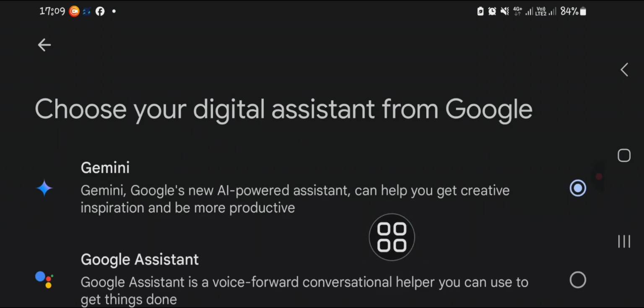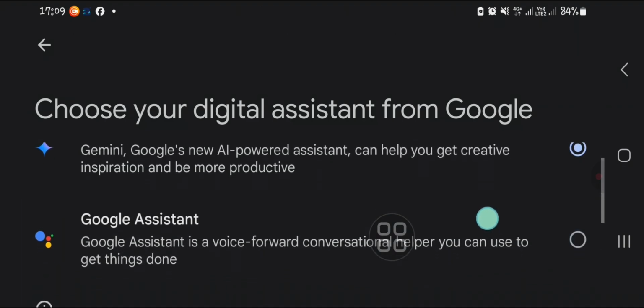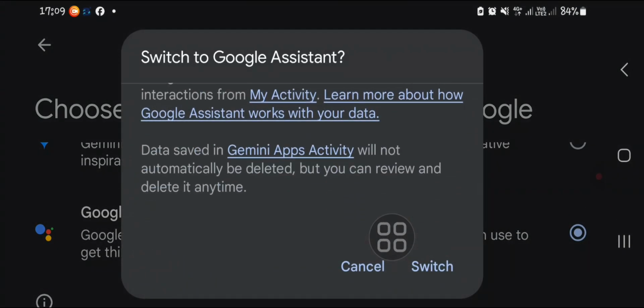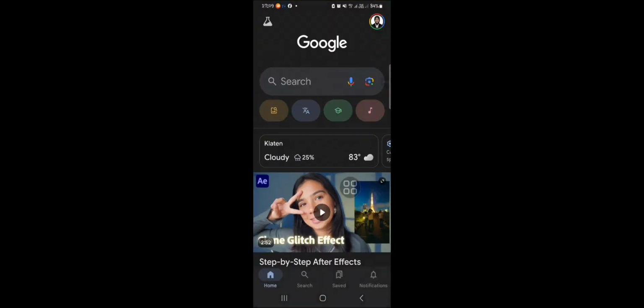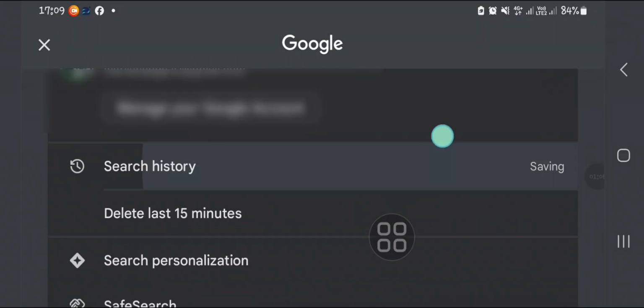And if you want to turn off the Gemini Google Assistant, you can move the assistant to the Google Assistant like this. And I'm going to click on the switch. Okay, and it's already switched. And then if you still want to turn off your Google Assistant, you're going to go back to the